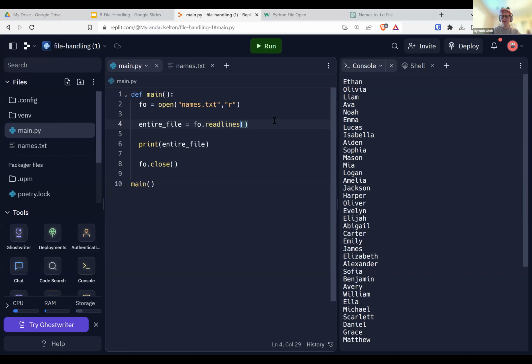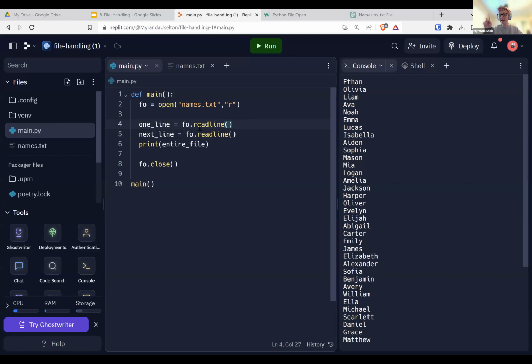So I'll demonstrate just readline, and so I'm going to call this one line equals fo.readline. If we want the next line, I'm going to say next line equals fo.readline. So readline is a little special where it's going to remember the position that it stopped at the last time.